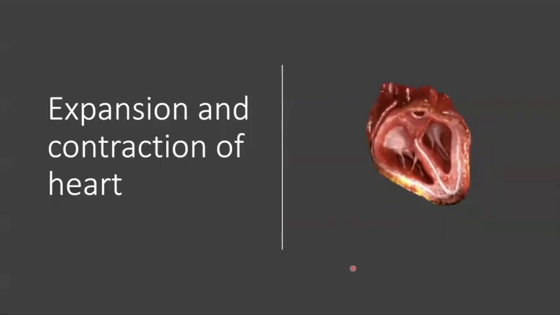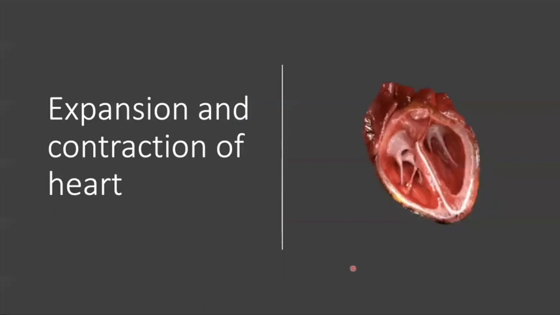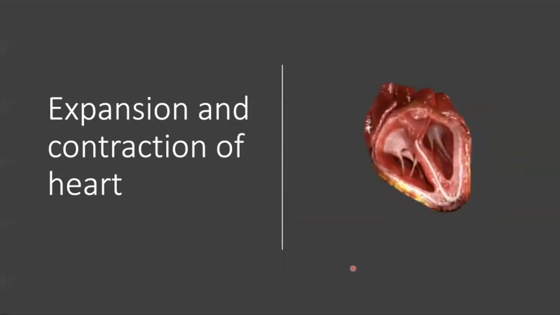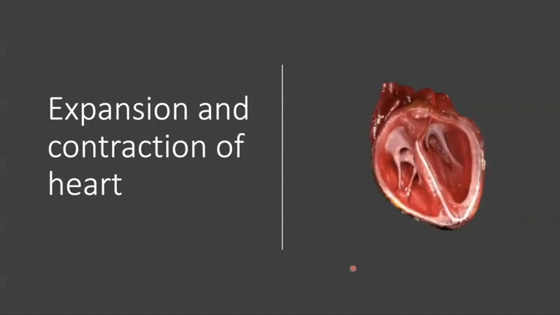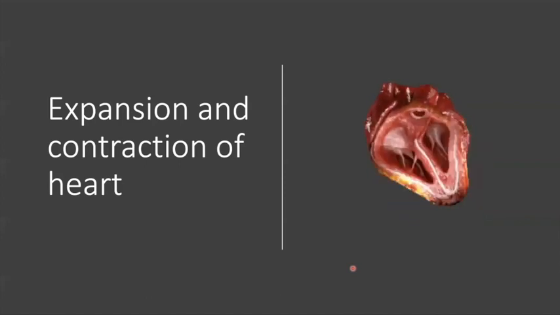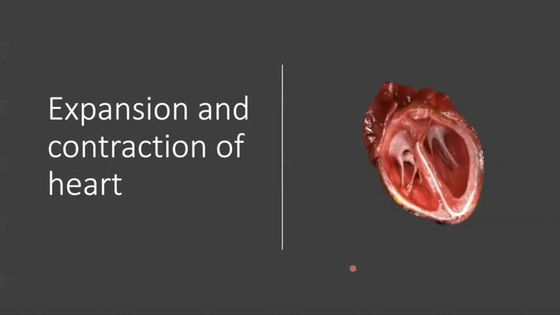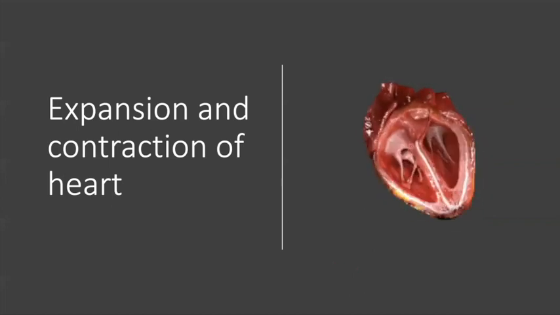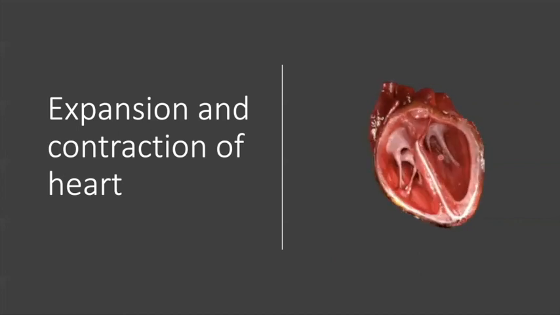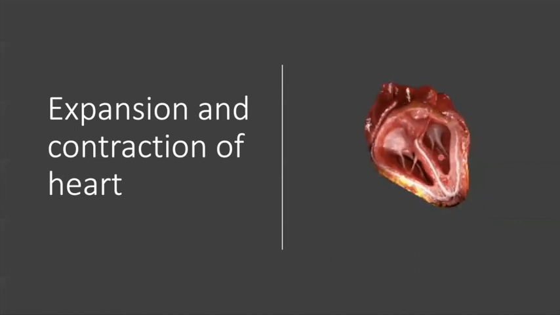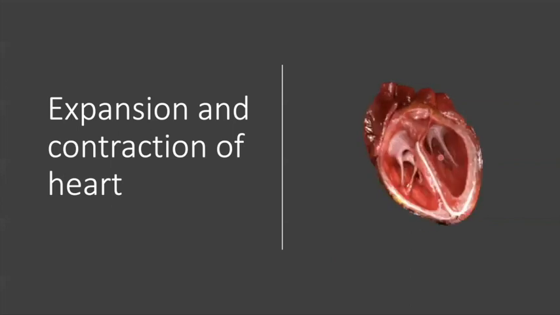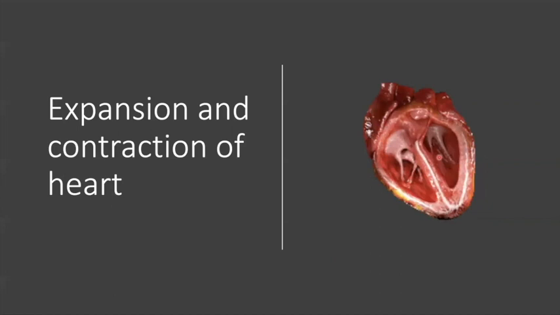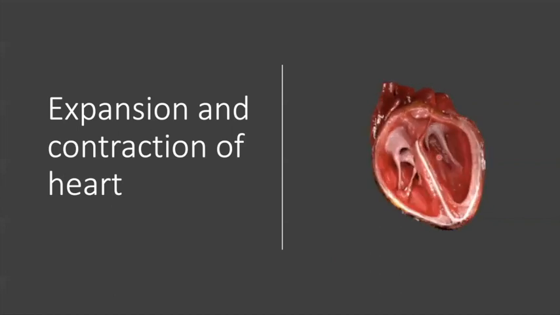So by now you must have understood that there are two types of blood in our body, and at one time the heart is filling up with blood and at the other time the heart is giving blood away from it. So when the blue blood and the red blood are coming inside the heart, it is getting expanded. And in the other phase, contraction is going on when the blood is going away from the heart either to the lungs or the other body parts.